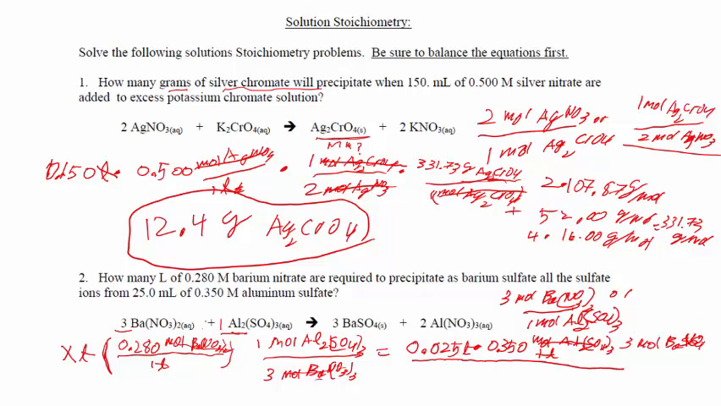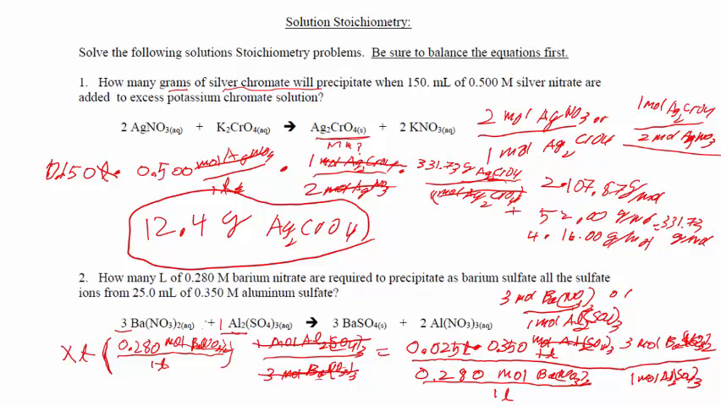Ba(NO3)2, 3 moles per 1 mole Al2(SO4)3. And then I have here 0.250, all this, so I've gotten rid of this, I've gotten rid of this, and now I want to divide by this, so I do 0.280 mole Ba(NO3)2 per 1 liter. And what do I have here? I have, again,